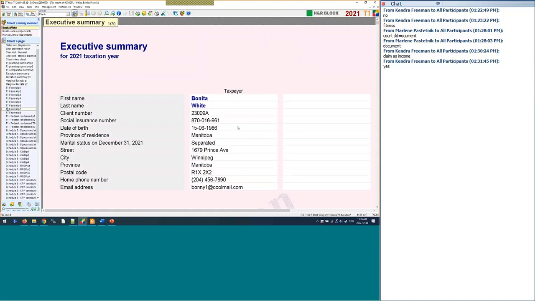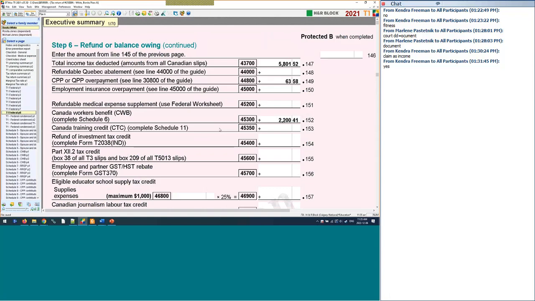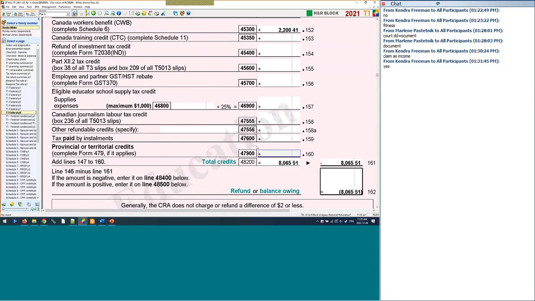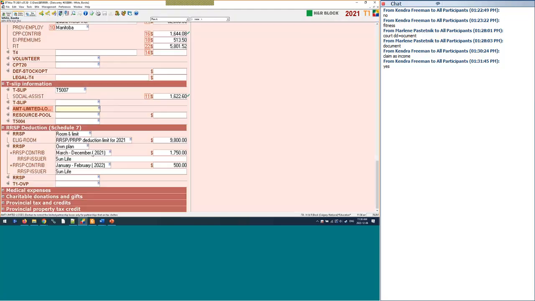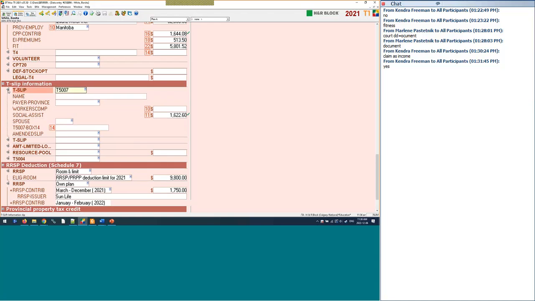0. What it would do if you did that, you're going to notice that you got the wrong answer because you do not have any provincial credits. It would take the provincial credits away, and that would have cost your client, in this case, about $120. So if you want to know why you got $120 less than I did, go back in and find your box 14. It's really, really critical in Manitoba that we have that box filled in,